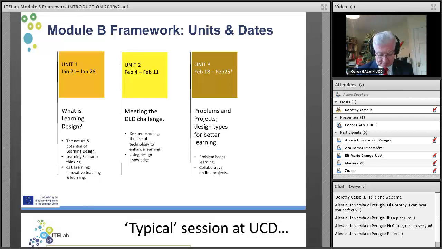Again, people who are core partners will know that a lot of what we do in ITELab is to take, repurpose, redesign slightly, and work with ideas and materials from other projects. The learning scenario thinking is not ours in the sense that we've not invented it. We have borrowed it from the ITELab project, and we are using some of the materials that have come out of ITELab